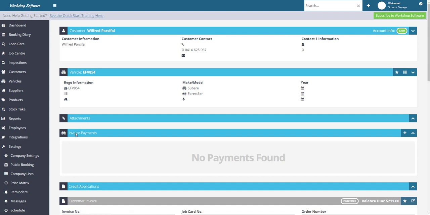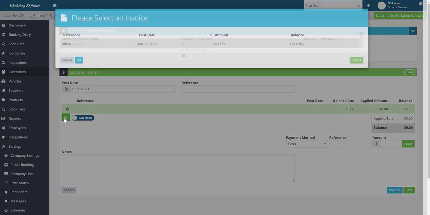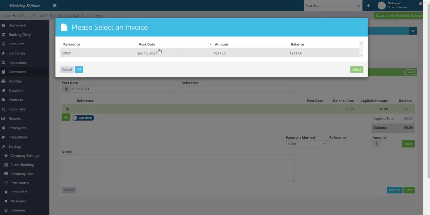Now, the point that I should probably make at this point is every once in a while, you may have a customer who wants to pay part of his invoice on one day and part of his invoice the next day, or the balance of his invoice the next day. In that instance, what we would do is we would cancel the cash payment as I just have. And now it pops into the customer's screen and you come in here and go, I'm going to take a payment for part of that invoice. So there's the customer. The next thing we need to do is we need to find his invoice. So I click on the magnifying glass. I can see his invoice is there, June 15th,